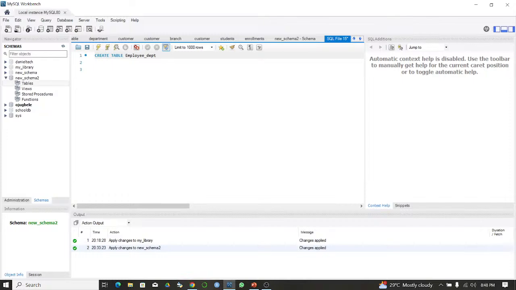So I'm going to write the script now. Let's create, let's say, ID, and let's use int, which is integer, and I'm going to have my primary key,